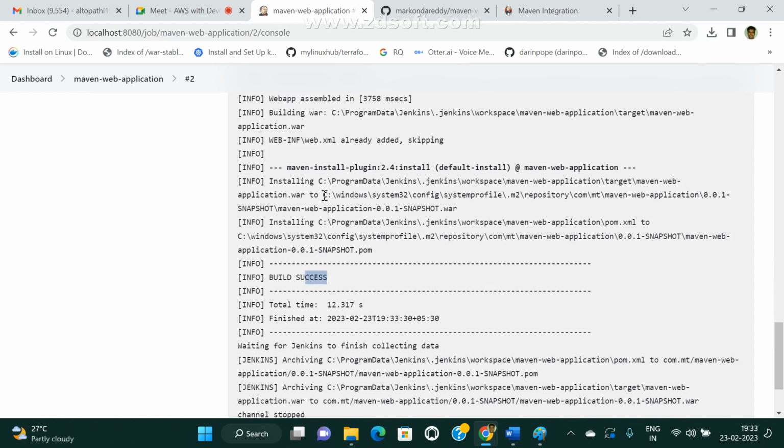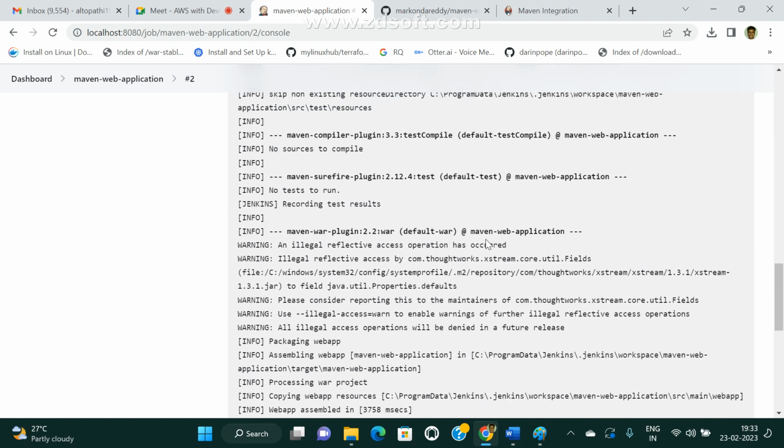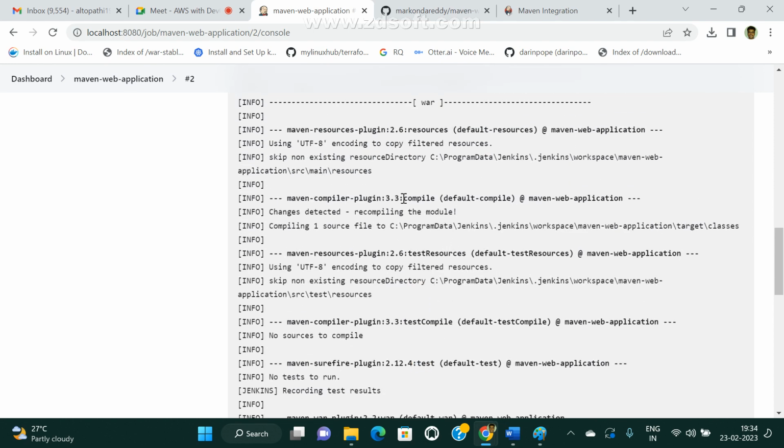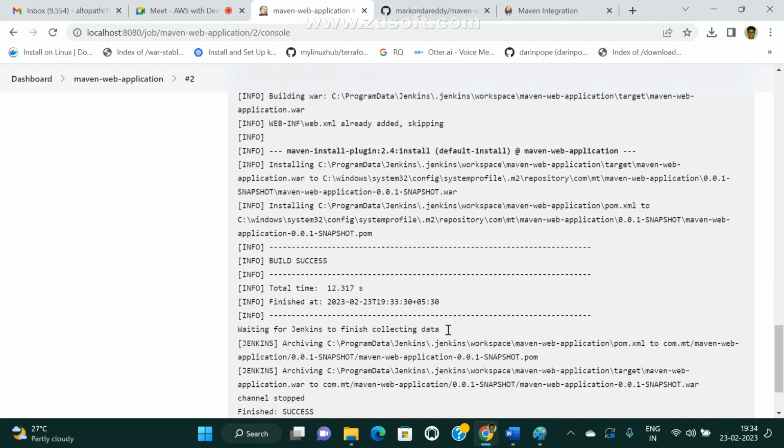See here, this is your path. This is your install path. This war file is also copied to your local path. So if you use mvn install, it will execute this. See, the install command is executed. Here it is test, compile and test, source code, resources and all, everything is done, and finally